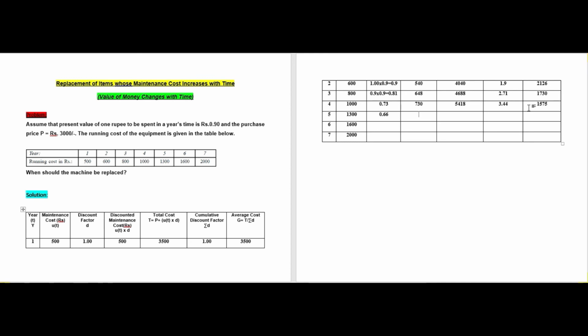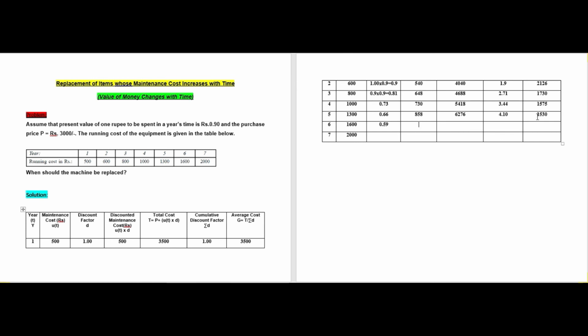which becomes 0.66. Multiplying 1300 into 0.66 becomes 858, and the total cost is 5418 plus 858, which becomes 6276. The cumulative discount factor is 3.44 plus 0.66, which becomes 4.10, and the average cost equals 6276 divided by 4.10, which will be 1530. For the sixth year the maintenance cost is 1600, and the discount factor equals 0.66 into 0.9, which becomes